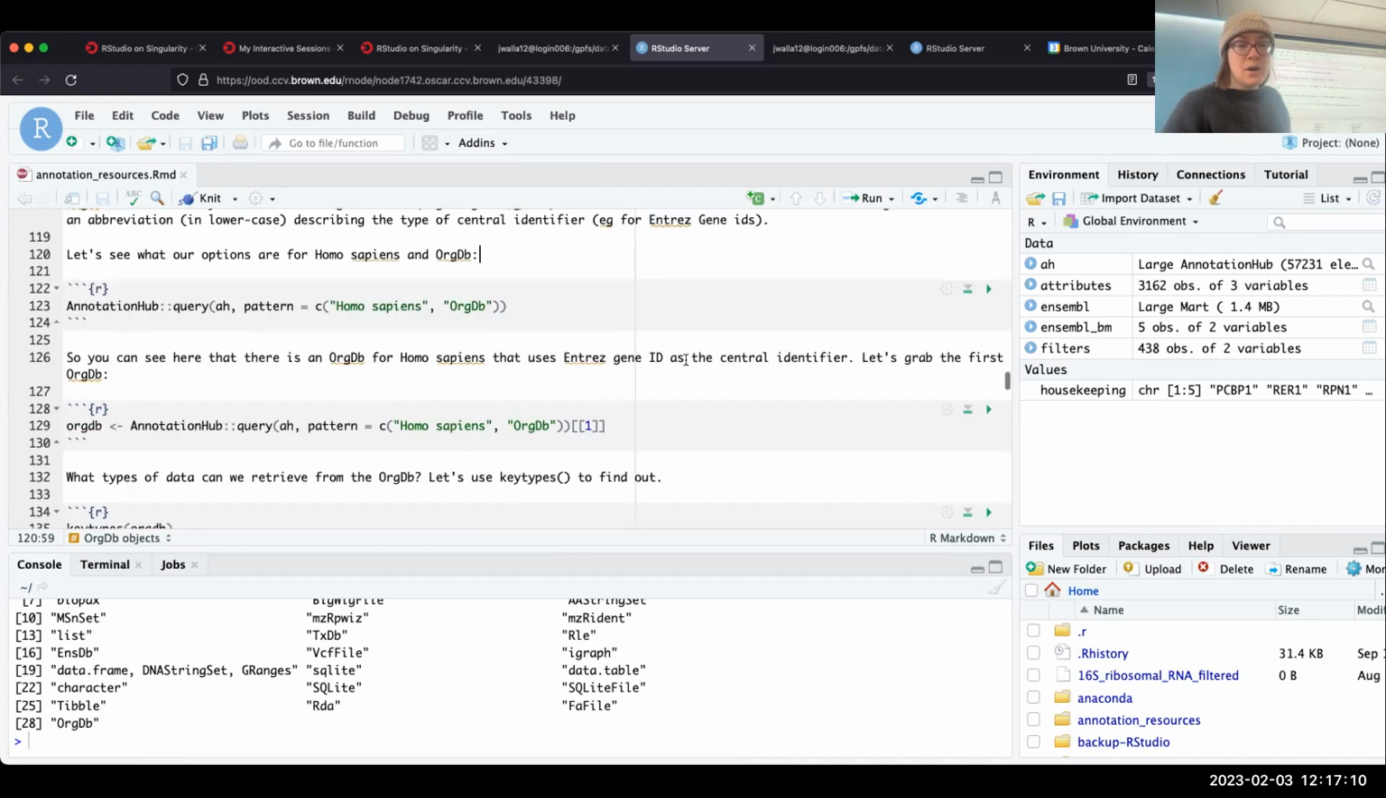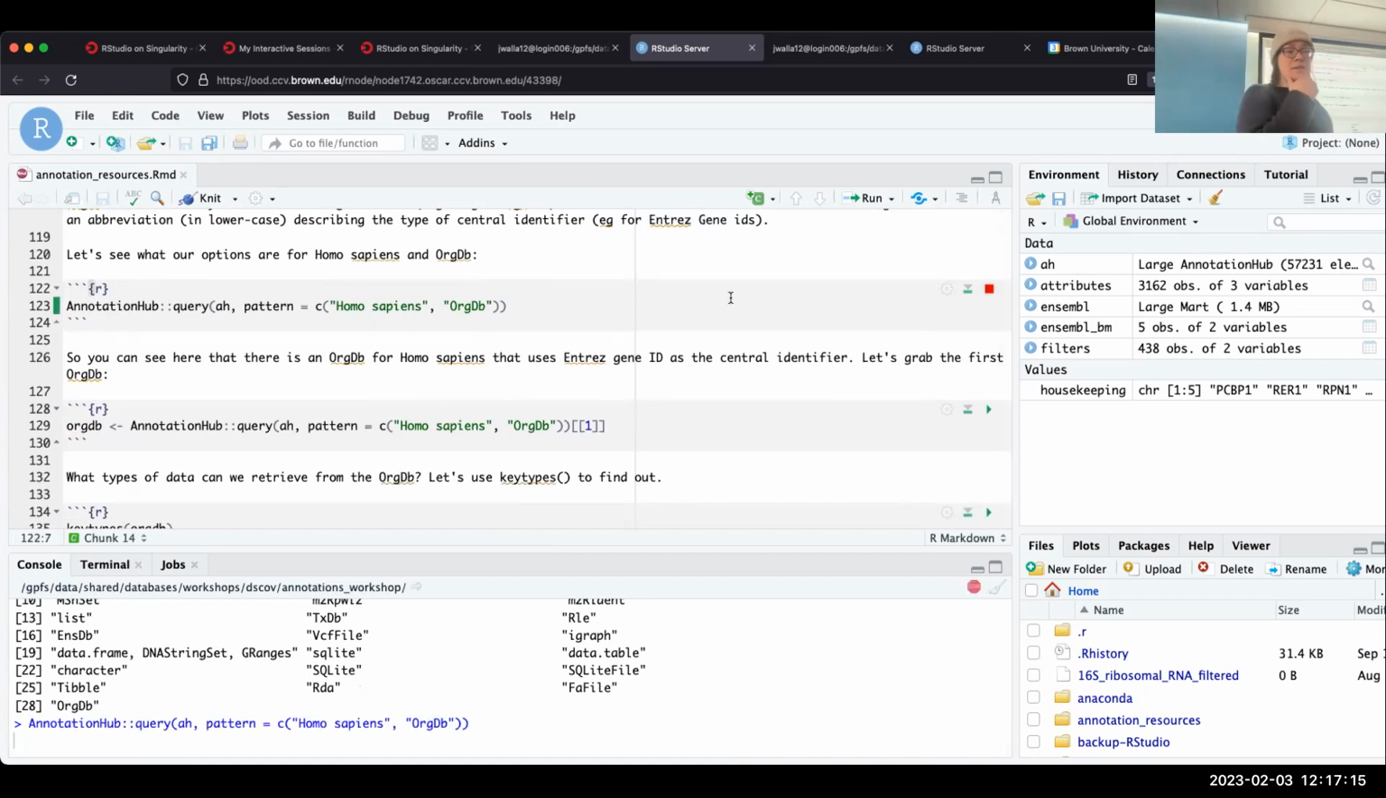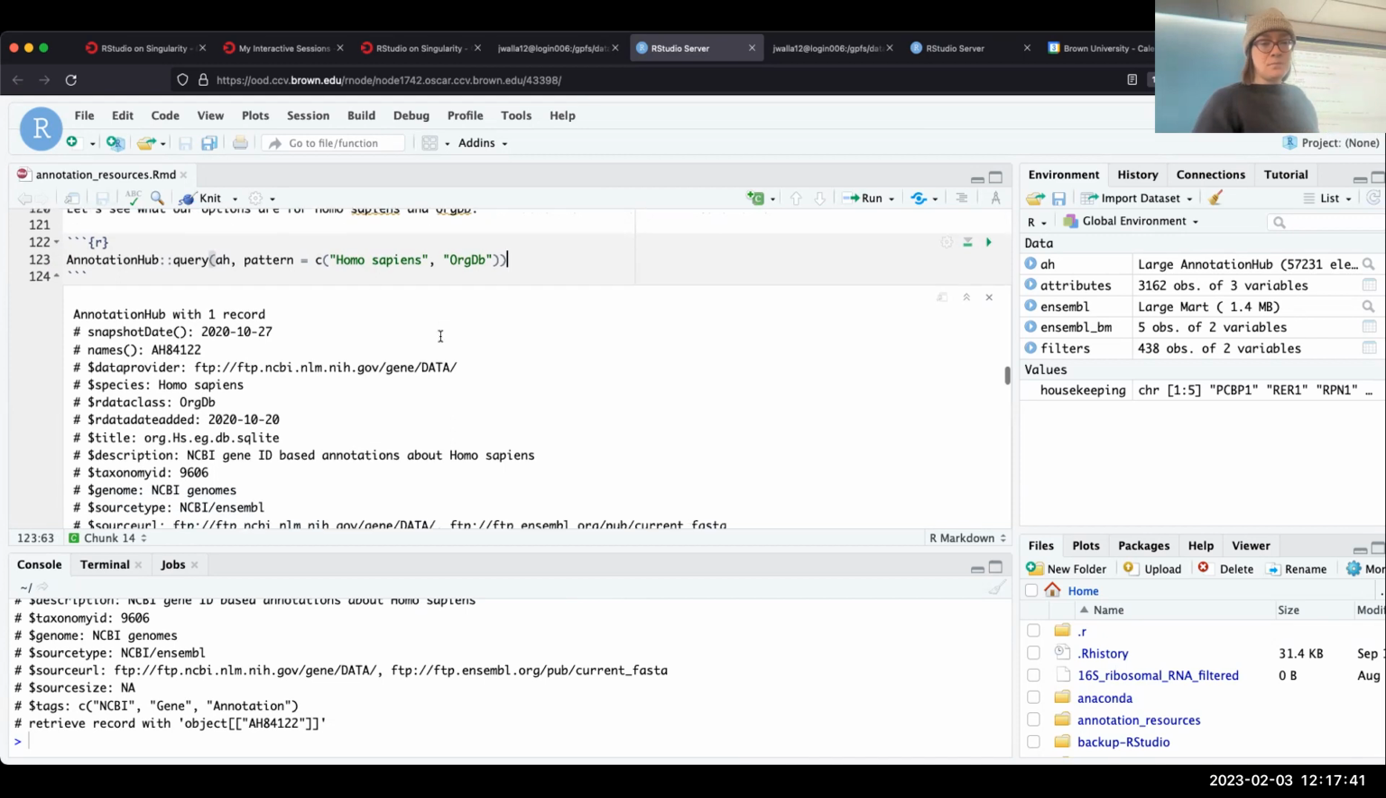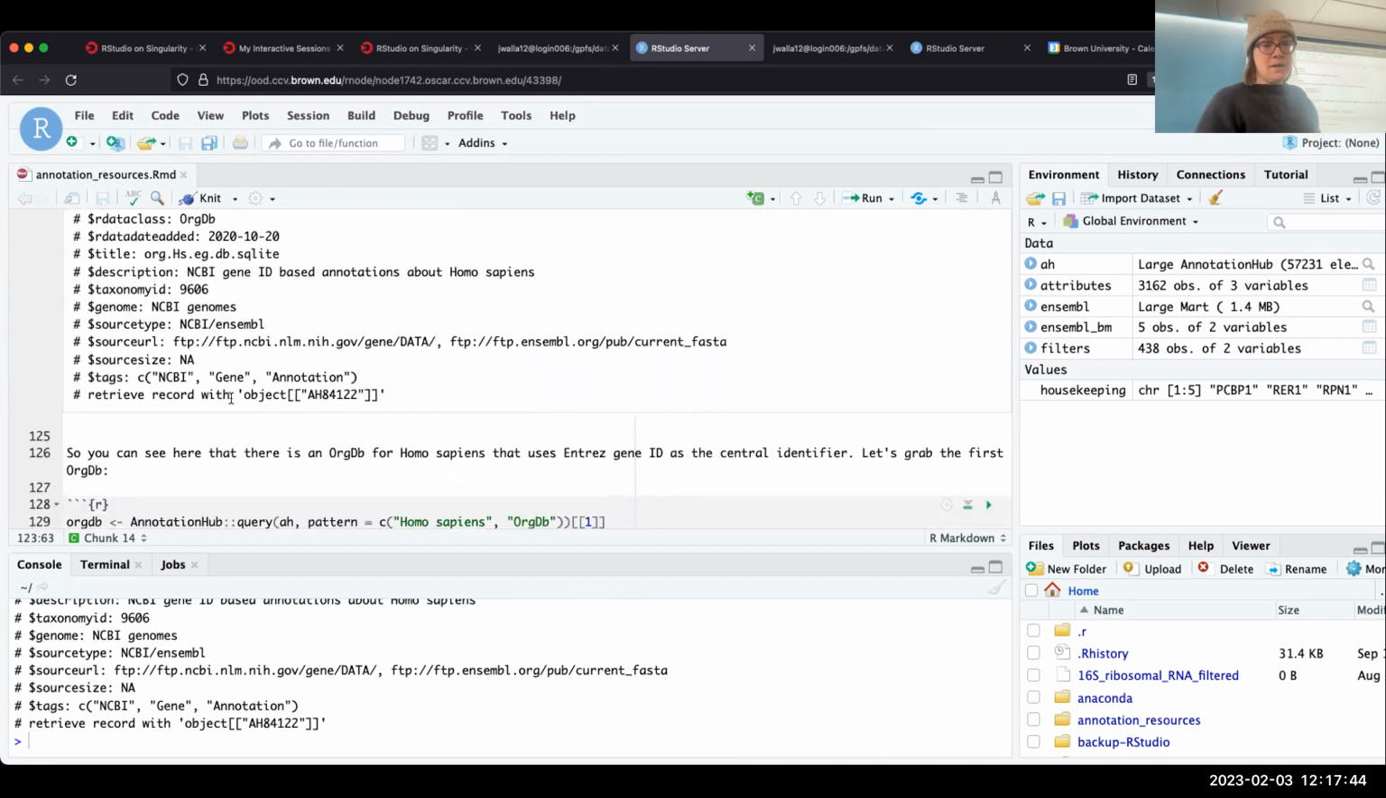Okay, so we can see what our options are if we want to look at the human org DBs in Annotation Hub. We can do that by building these Annotation Hub queries. It's nice because you can use just this pattern argument, and it's a little bit unstructured. If you know that you want to look at Homo sapiens or sea urchin or whatever, you just put that in the pattern argument. And then it'll give you back